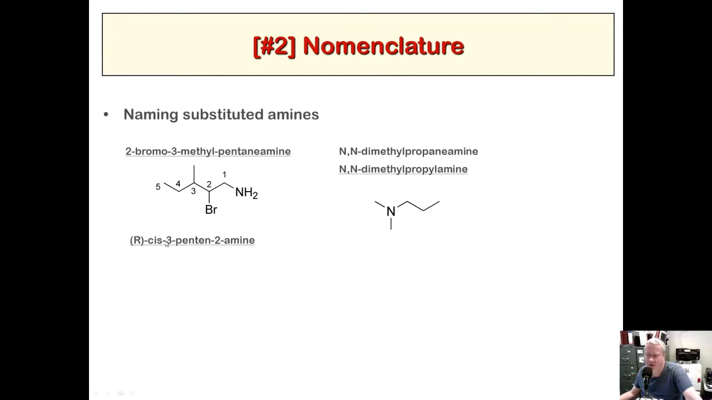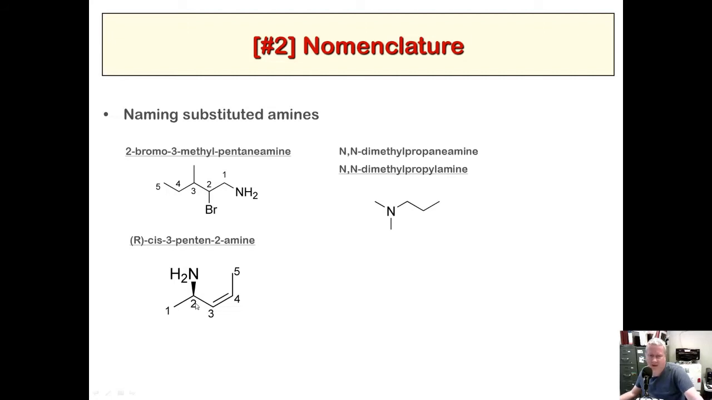R-cis-3-pentene-2-amine. Think about the right side of the name first. 3-pentene-2-amine is probably going to be an alkene on 3 and an amine on 2, right? And then the cis is describing the stereochemistry of the alkene, and the R is referring to the stereochemistry of a chiral center, right? So looking at the structure, it would be like this, and of course you see the 5 carbons, pentene, 2-amine. It's a cis alkene, and then the R refers to the stereochemistry on carbon 2, and